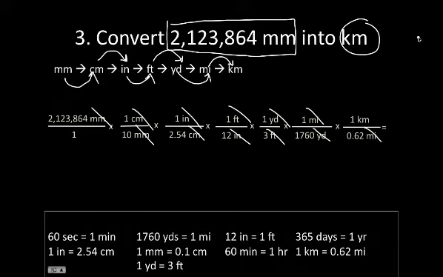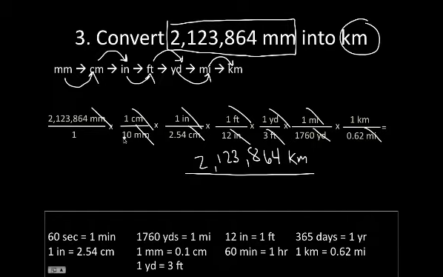Now, how do you finish this off? All you need to do is take everything on the top and multiply it across, and you wind up with 2,123,864. There's a unit, nothing, nothing, nothing, nothing, kilometers. Divided by, take your calculator and multiply 10 times 2.54 times 12 times 3 times 1760 times 0.62, and you'll get